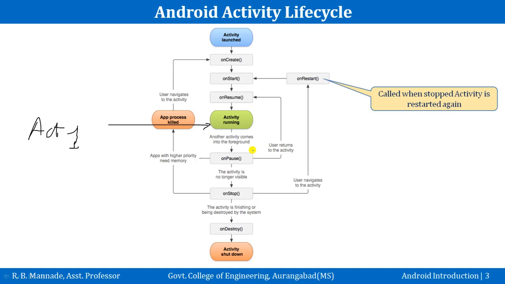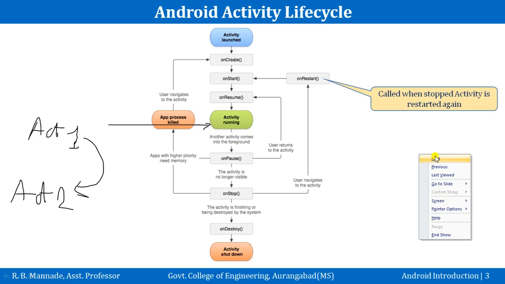It means it is currently running, and now the user switches from activity 1 to activity 2. Okay, in this particular process, here on pause function is called for activity 1, then on stop function is called again of activity 1,